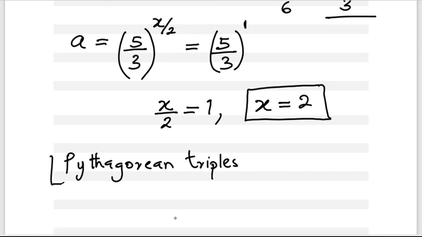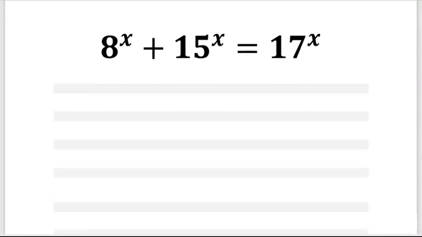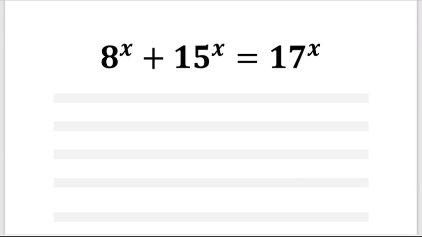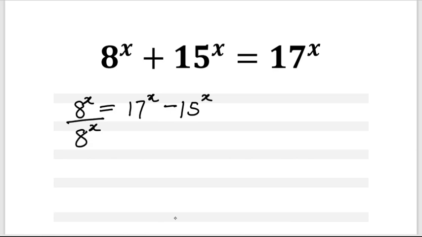So this particular solution is an easy way to solve for x if you have Pythagorean triples. And I'm going to do yet another example here, and later I'm going to give you a more general solution. So for a second example, we're going to solve it in the very same manner as we solved the first one. We have 8 to the power of x equals 17 to the power of x minus 15 to the power of x. Next, we'll divide both sides by 8 to the power of x,